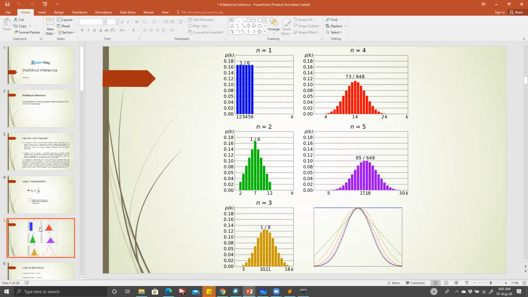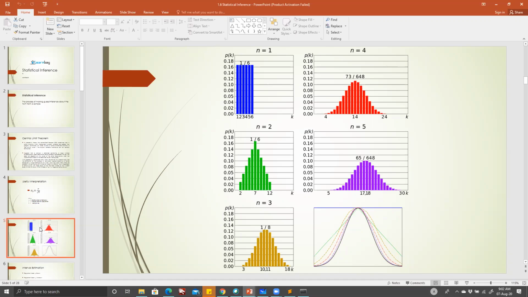Basically, if you were to do it a large enough number of times, the graph is trying to tell you that something like this will start to happen if you have a good random distribution, or if your random number generator is not biased towards something, then this is what you are ideally going to get. And it is trying to show you that if we take n is equal to 3, n is equal to 4, n is equal to 5, it becomes close enough. So my question is, what is n?